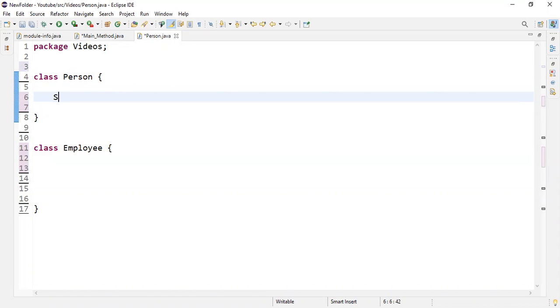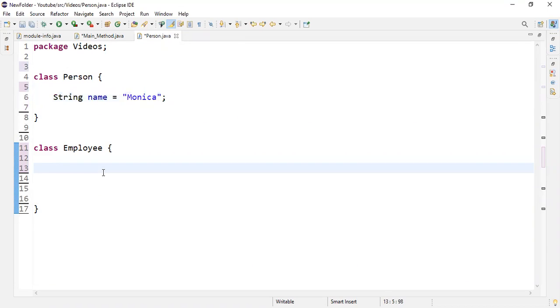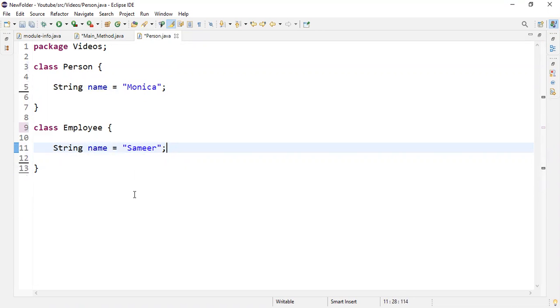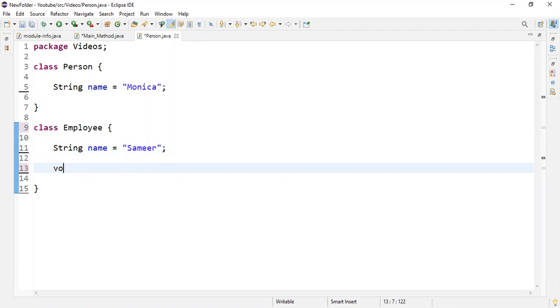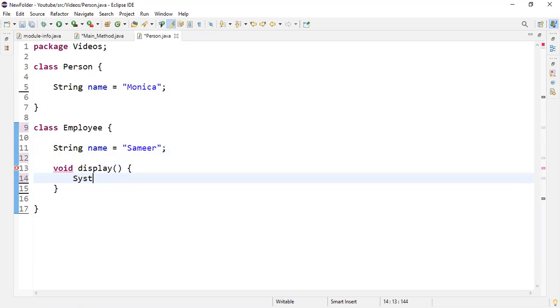So in the person class, we can have a string, let's say a name, and this of course would be an instance variable for this particular class. And we can do the same thing for an employee. Now we have two names, one in a superclass and one in a child class. In normal cases, I could make a void method, which could be tasked with displaying the name of the employee. And I'm going to say child name